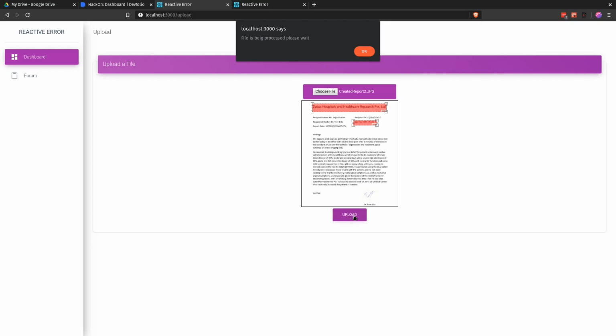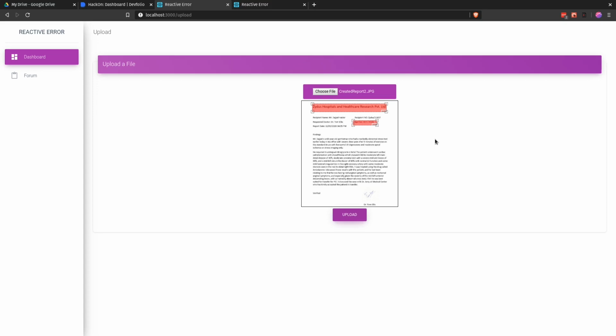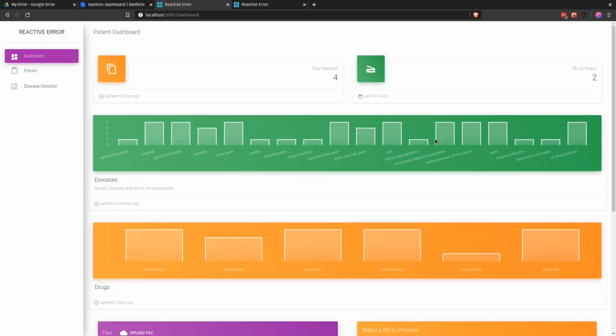So what happens when you send your file for processing? First, we blur out all the sections that you wanted to censor. Secondly, it goes to an OCR pass, which extracts what is written on the reports, because most of the reports that we have are in image or PDF form. After that, we use different NLTK techniques to remove any personal information which the patient forgot to censor. So now the file is being processed.